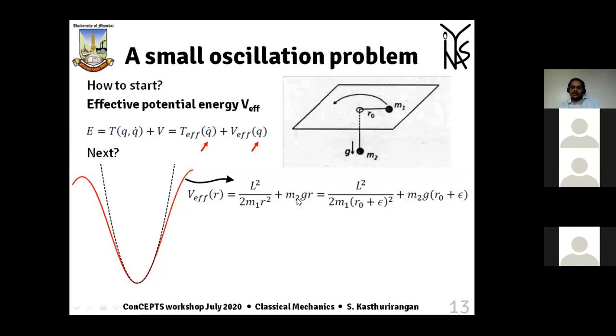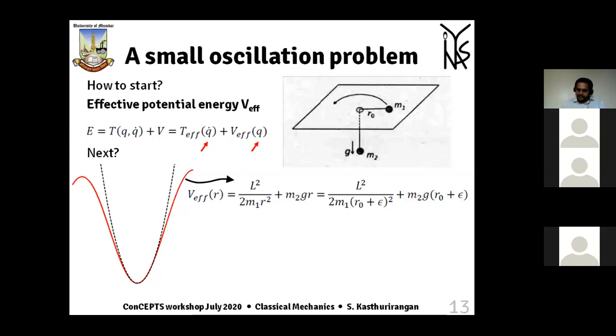And the constant term mgl has been neglected from the potential, because a constant term in the potential does not affect the equation of motion, because to find the equation of motion you will take the derivative of the potential and the constant term will go away. So there is a hidden term, m2 times g times L, which has been omitted right from the beginning. I hope that clarifies that particular question.